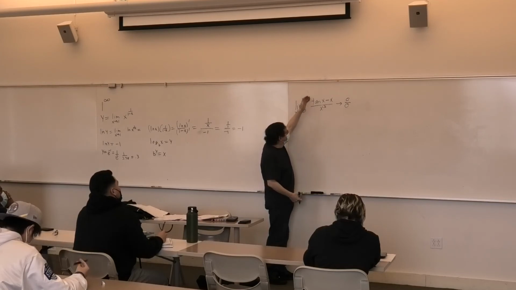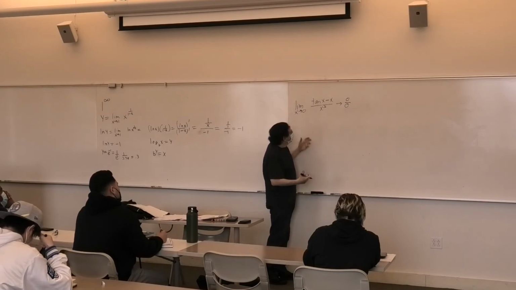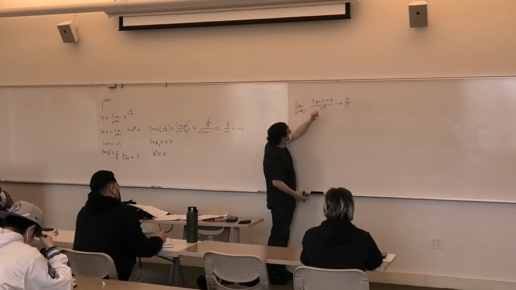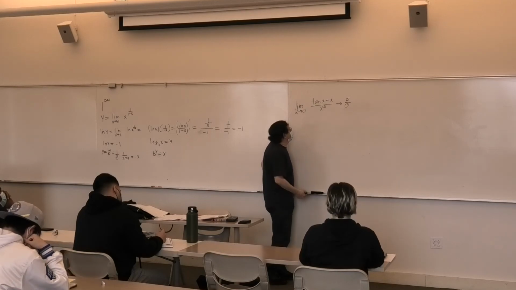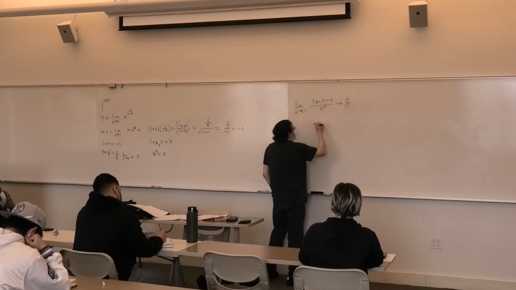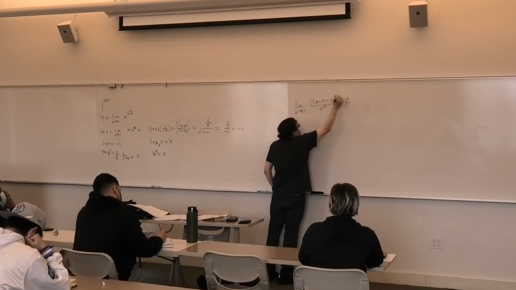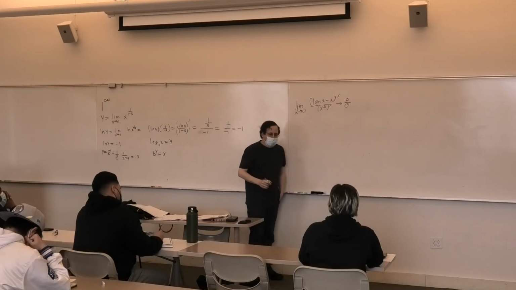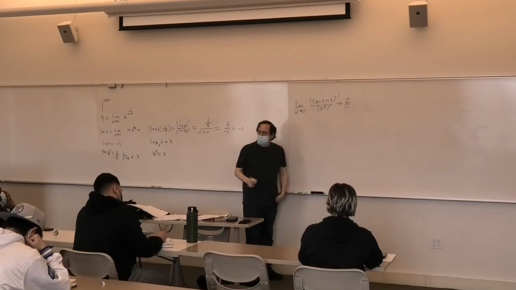Tangent of x minus x, x cubed. If this is going much slower than this, it'll be 0. If it's going much faster, go to infinity, and maybe there's some intermediate value. So let's, again, find the derivatives. Derivative of the tangent of x is